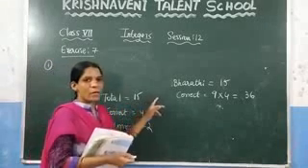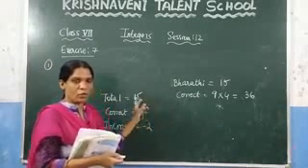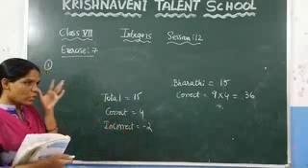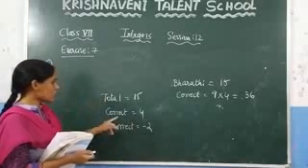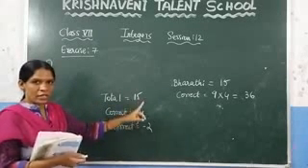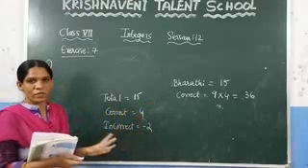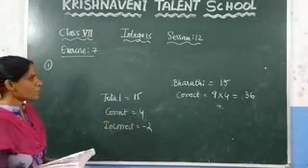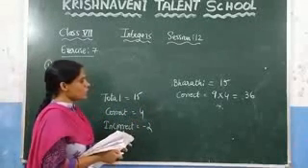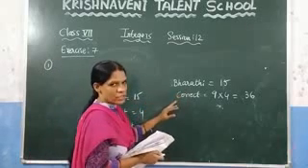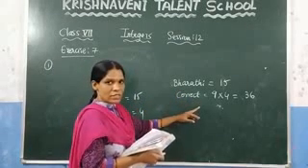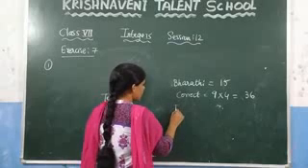What is said here? Bharti attempts 15 questions. In that, only 9 questions are correct. So, for each correct answer they are giving 4 marks. For 9 answers, they have to give 9 into 4, which is 36 marks. Now here, you know that they said that Bharti attempts total 15 questions. In that, 9 questions are correct, right? How many incorrect answers will be there?